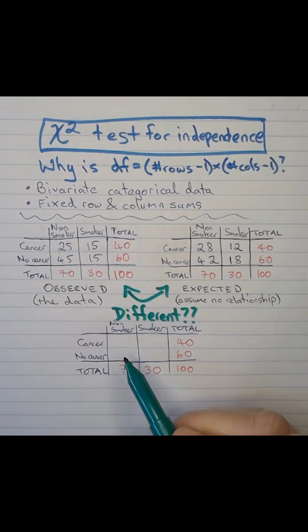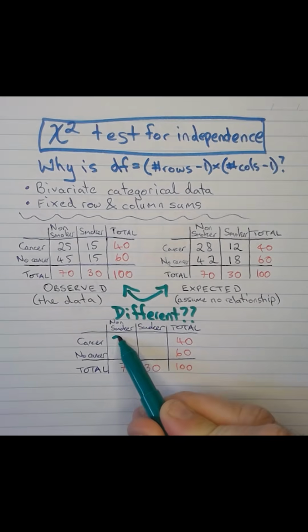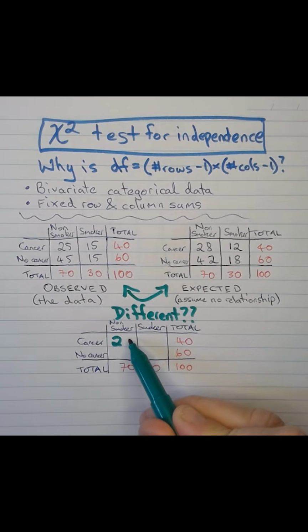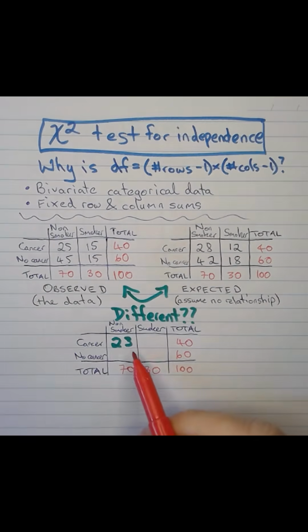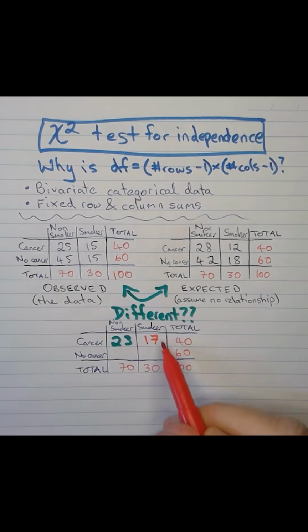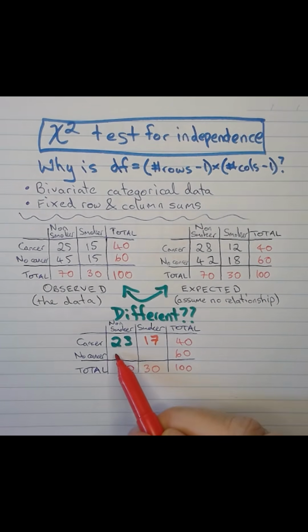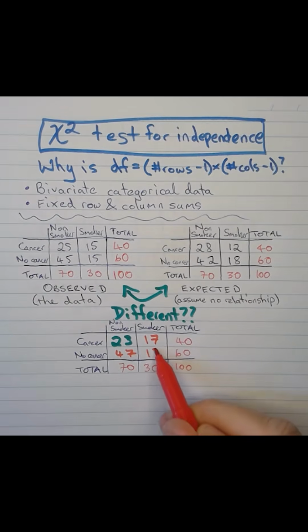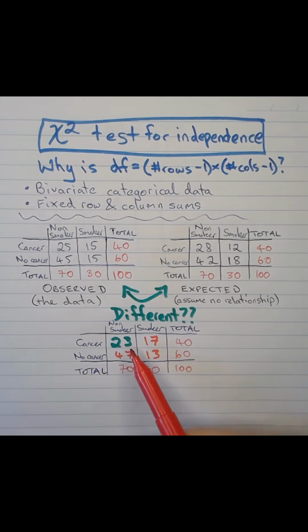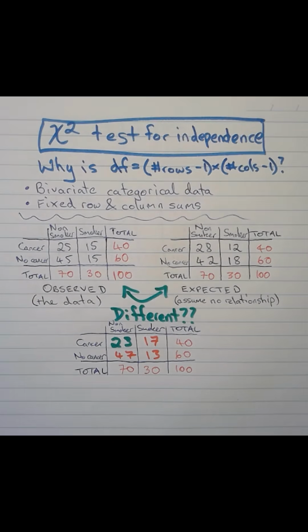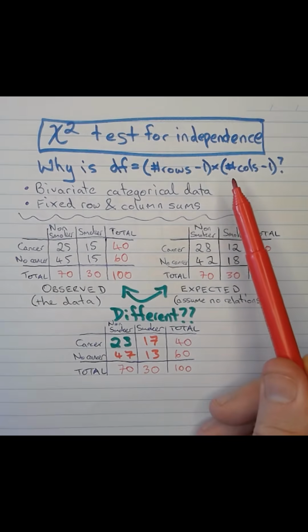One possibility would be if we chose to change the value in the non-smoker and cancer cell to 23. If we did that though, we'd then be forced by the row sum to fill in 17 here, and then by the column sum to fit in 47 and 13 in the remaining cells. In all, we were only free to choose 1 cell out of the 4. This is our 1 degree of freedom and corresponds with using the formula number of rows minus 1 times number